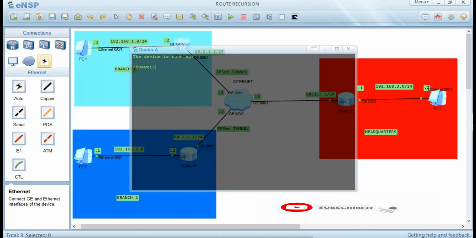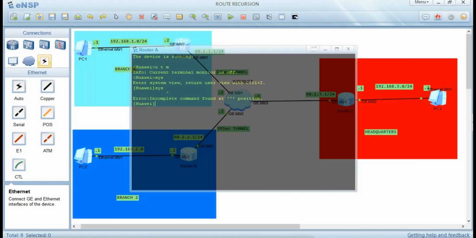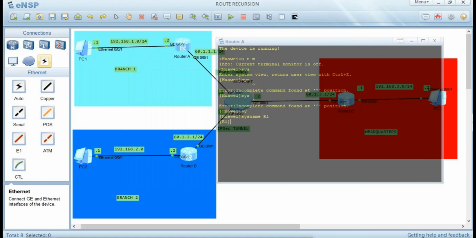First of all, we are going to configure the IP addresses on the devices. Change the device name. So this one is router 1. In router 1 here we are going to configure two interfaces, that's gig 1 and gig 2. So interface gig 0/0/1, IP address, we are going to give it an IP address of